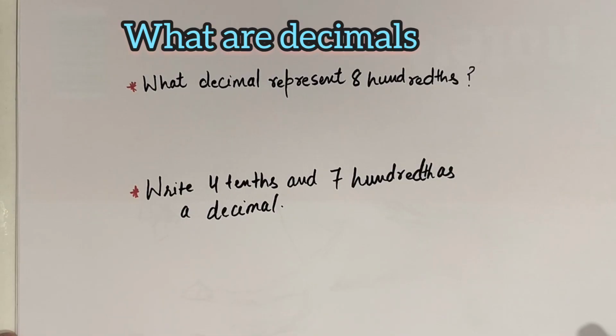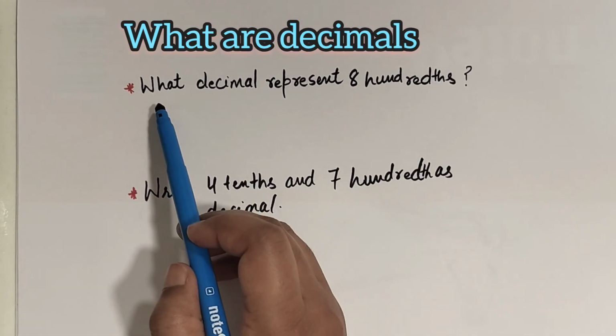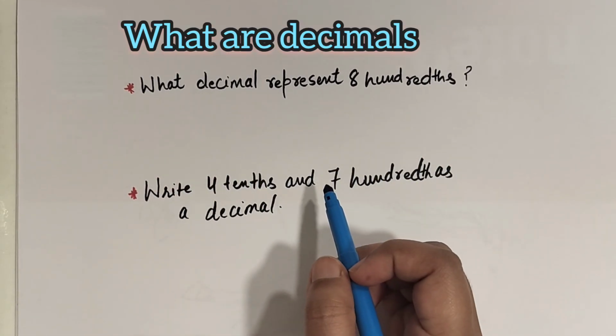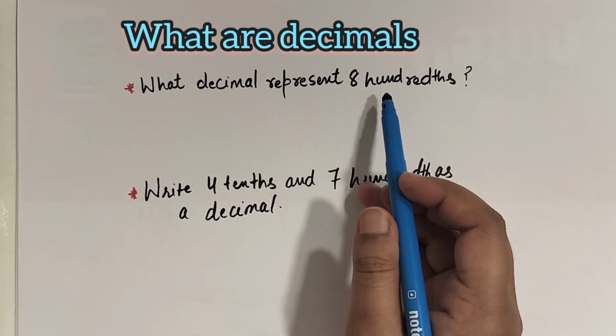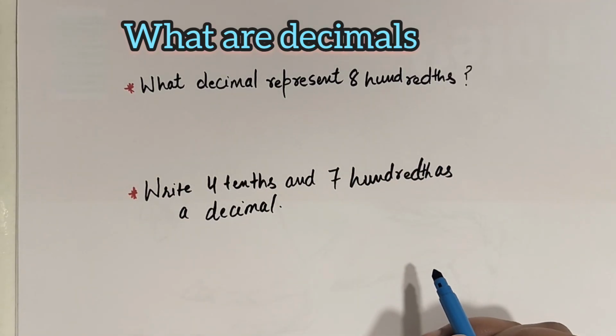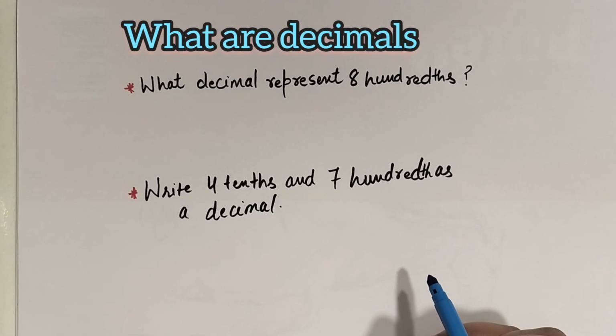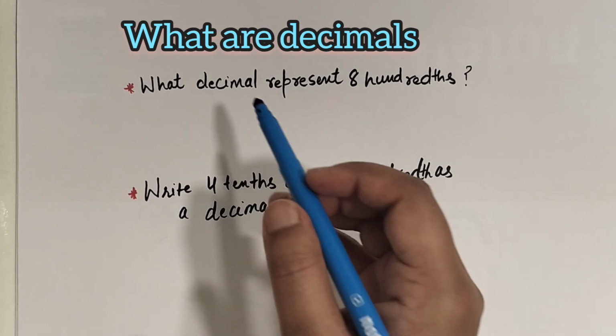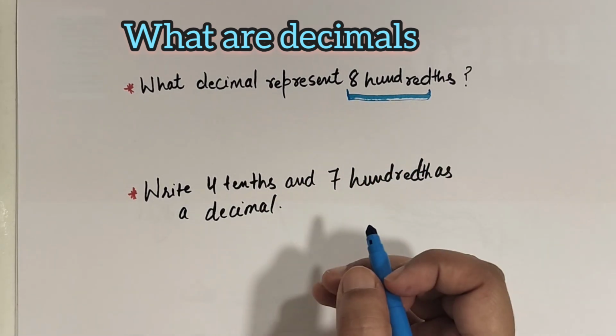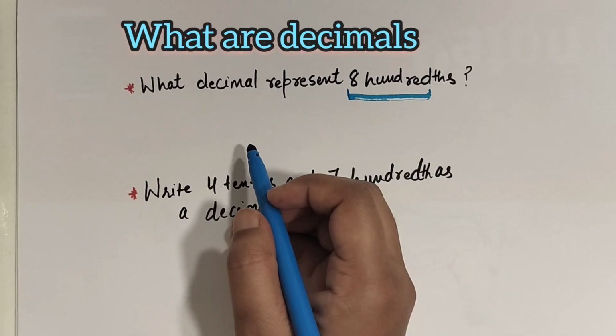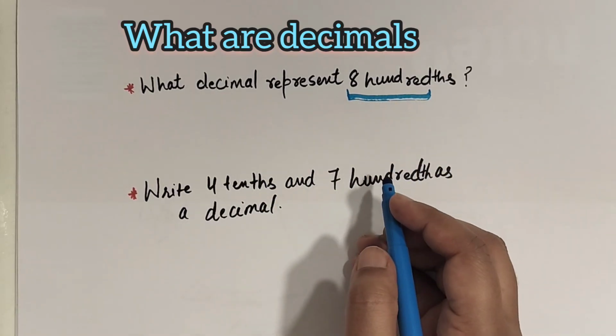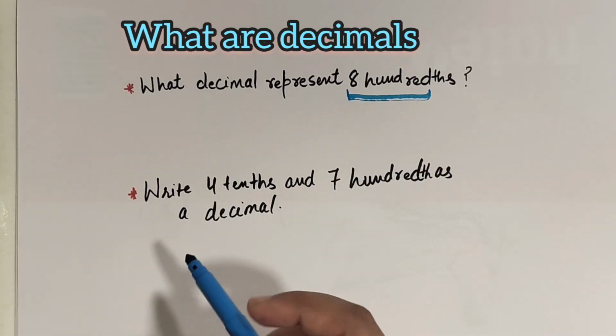Okay, now we will have another question. What decimal represents 8 hundredths? As you know, hundredths means the second digit after the point. So how can we write 8 as a hundredth? We know that would be 0.08. Why? Because it's not tenths, that's why we are writing 0 in the tenths place, and 8 represents hundredths in the question, so we will write 8 in the second place after the decimal. So that would be